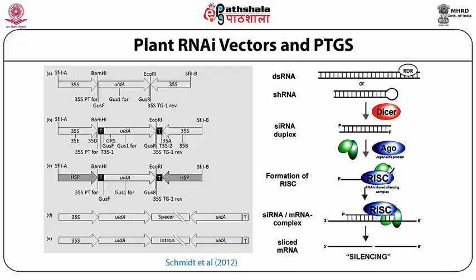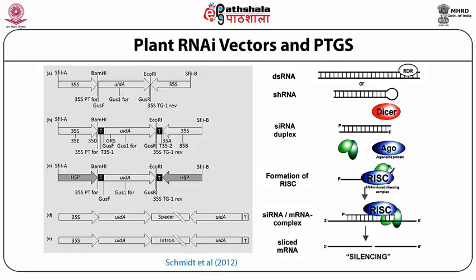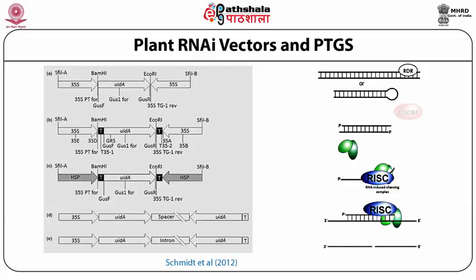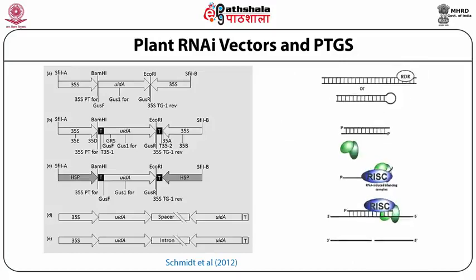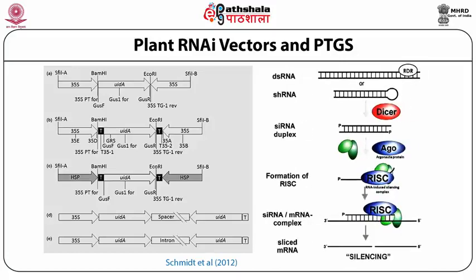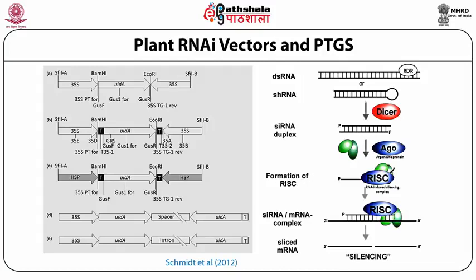That means both the sense and antisense strands of the UID gene are transcribed, and these transcripts can hybridize with one another, forming a double-stranded RNA. That double-stranded RNA can be subjected to cleavage by a protein system known as the Dicer system, an RNase III family protein. Once the RNA is cleaved into smaller fragments of 21 to 25 base pairs, they are